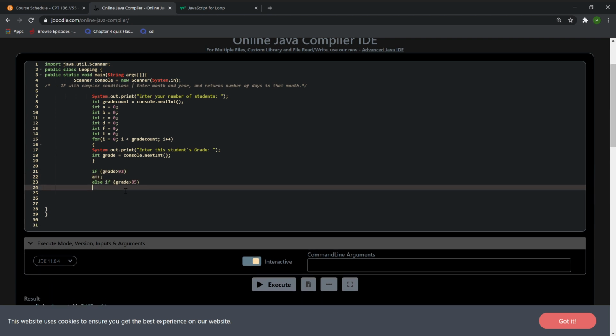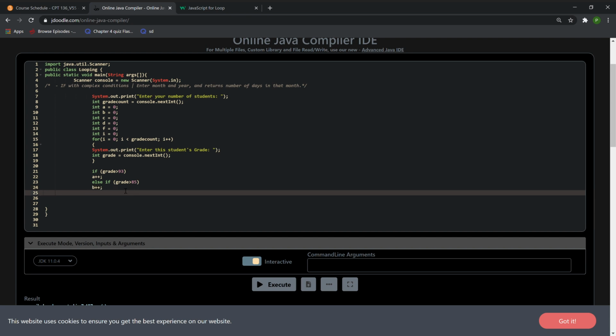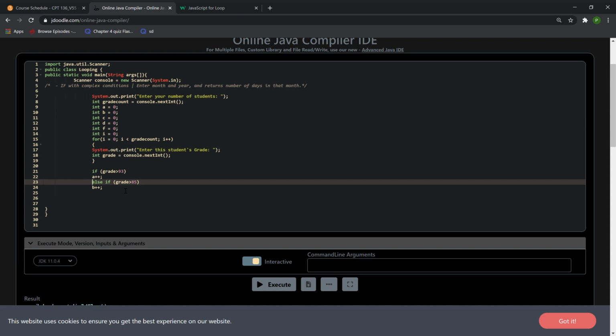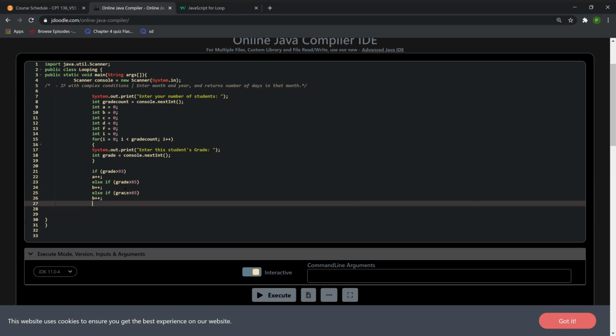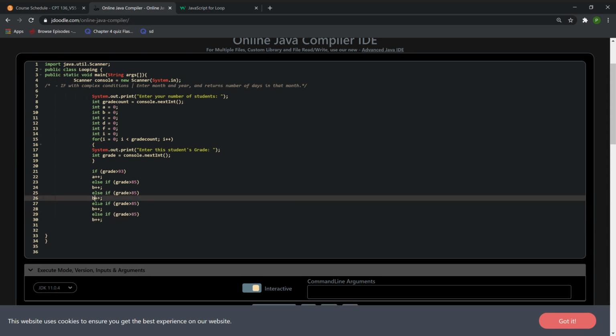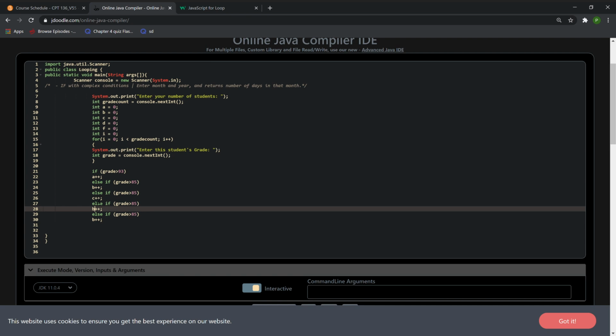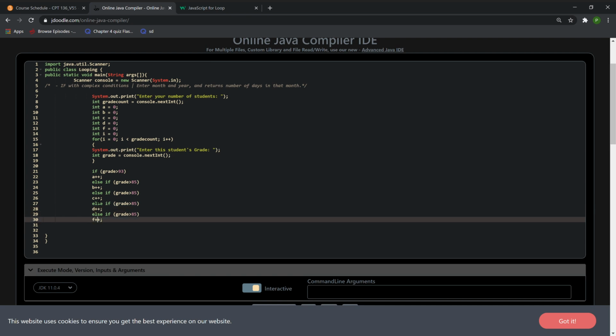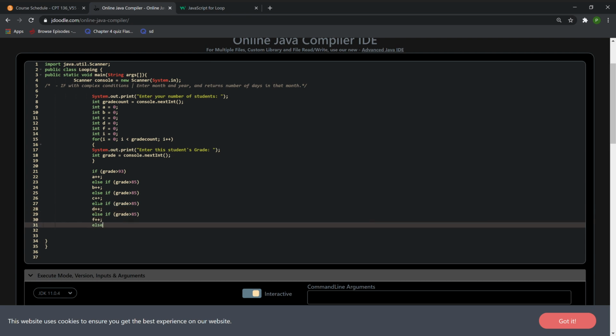Well, we'll see. B++. And let's copy all of this code. And copy, copy, copy. So we'll change this to C, to D, to F, and then we'll do else